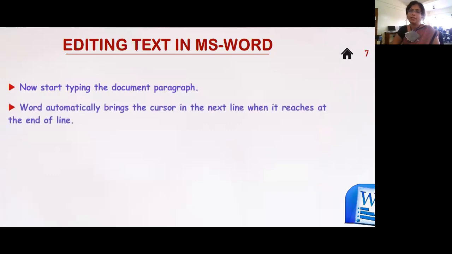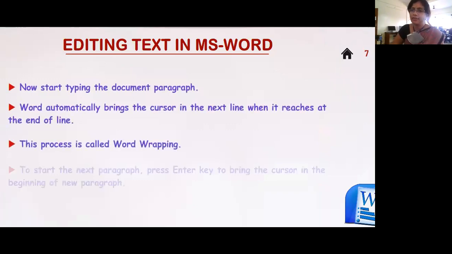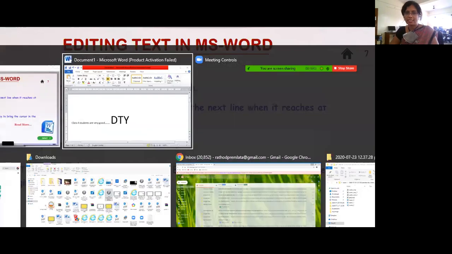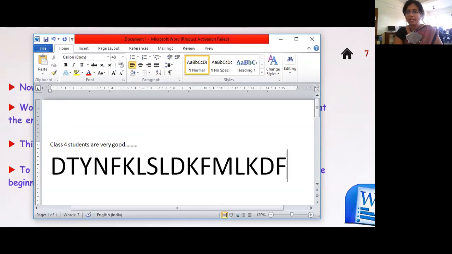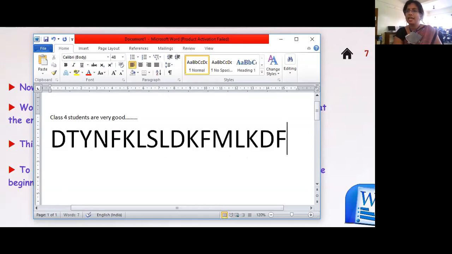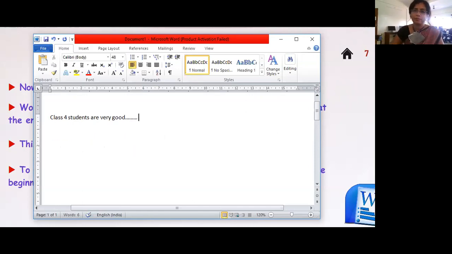When you start typing the document, Word automatically brings the cursor to the next line when it reaches the end of the line. Children, see, once I start typing, I have typed it till here. Now it doesn't have any more space. So when there's no space left, the cursor will automatically come to the next line. Let me write: Class 4 students are very good.